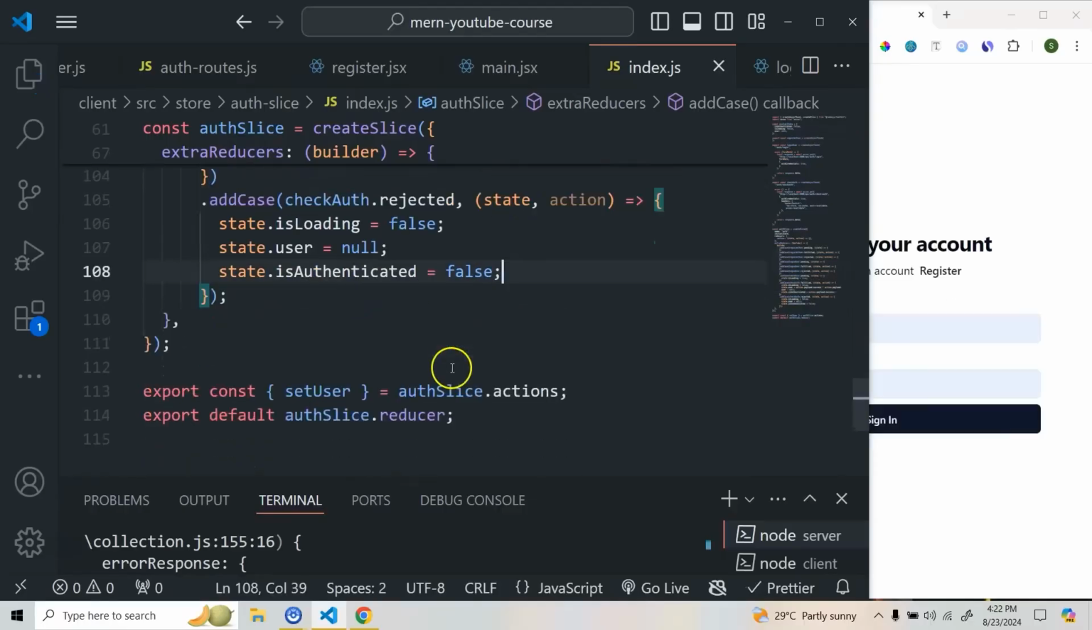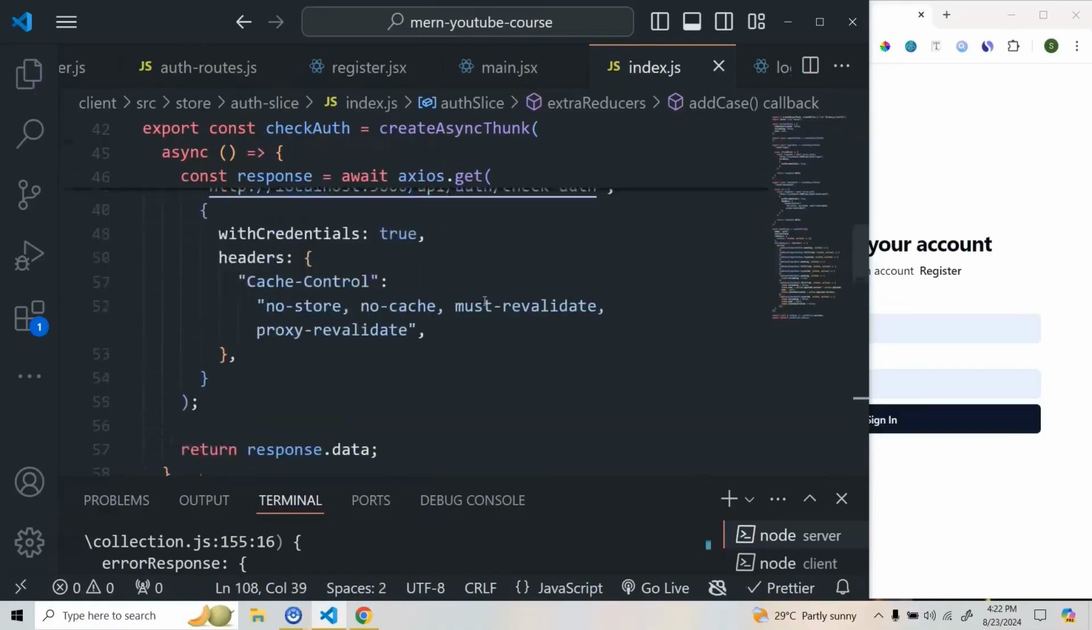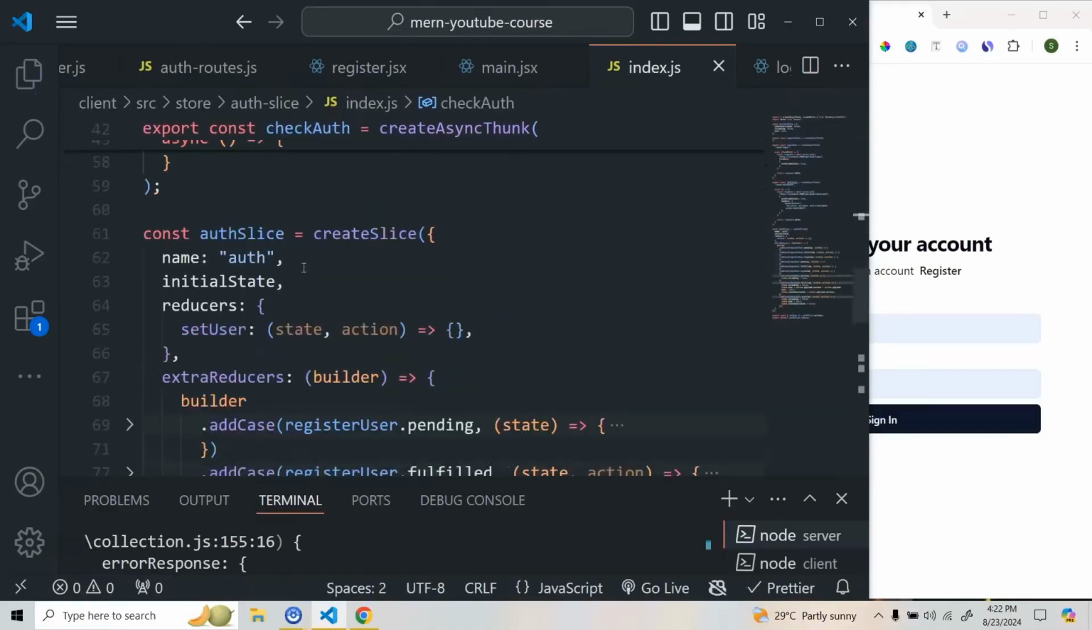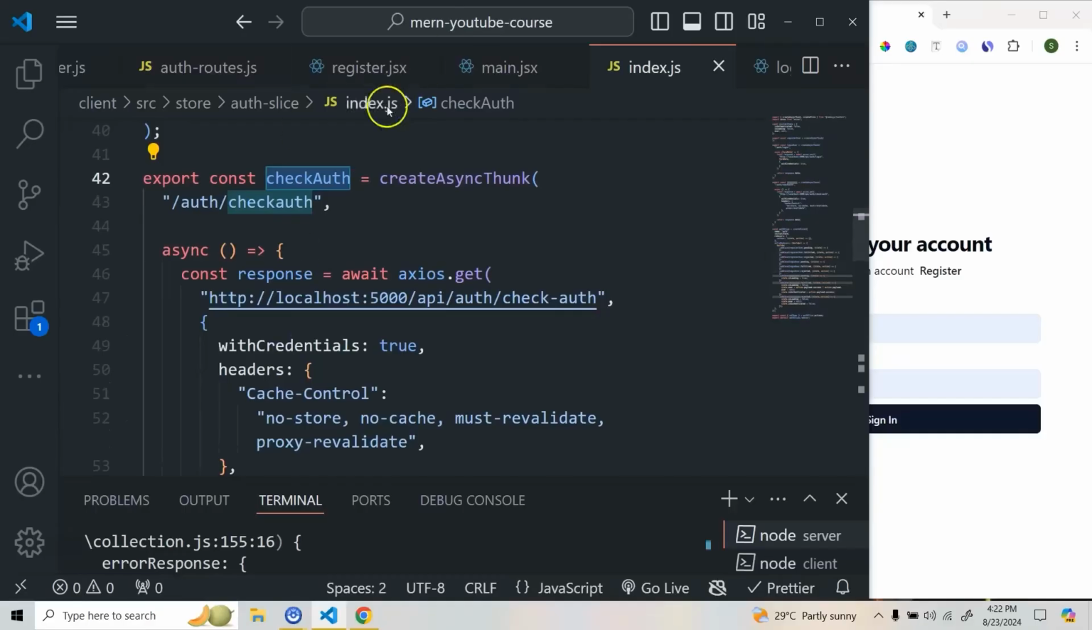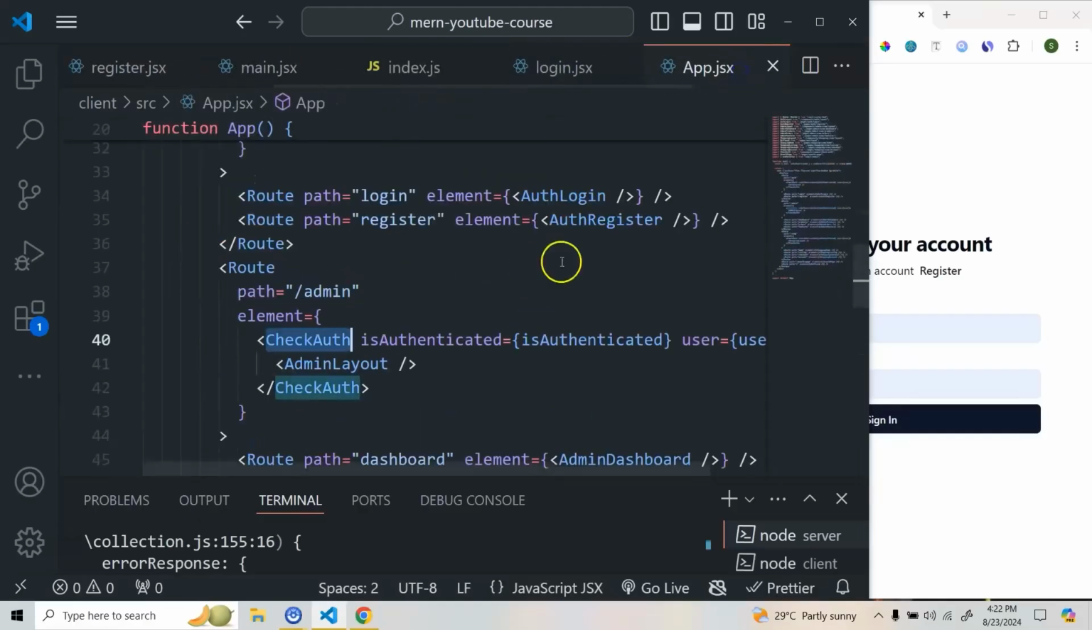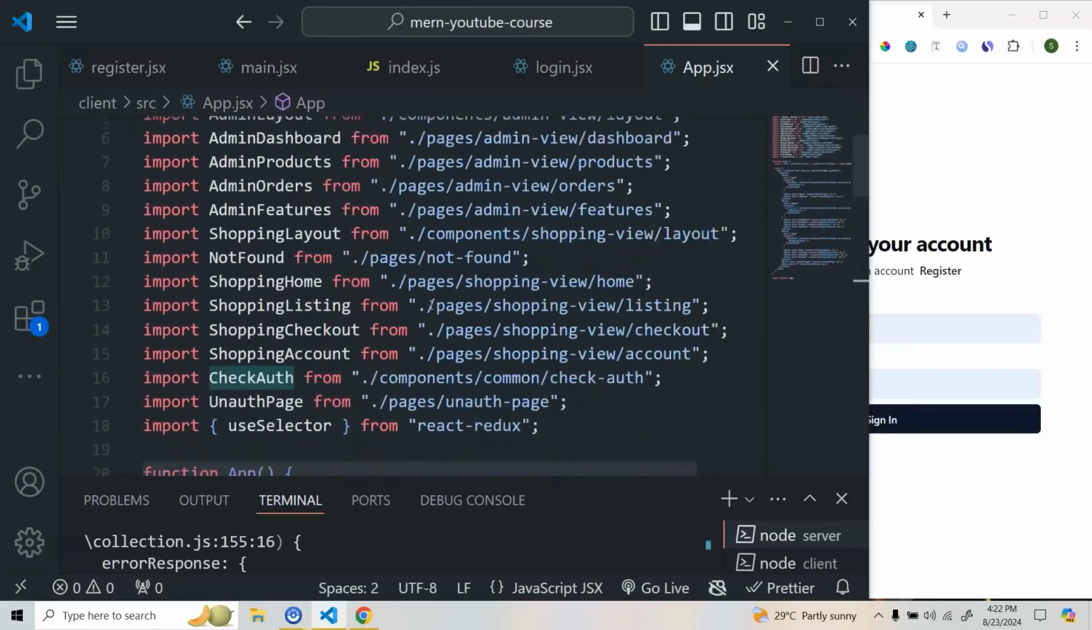Let's save it. So now we have created this method check auth, but we need to dispatch this method every time the user loads this page. But what is the best place to do this? We can do this simply in the app.jsx, because this is the home page, right? This is where all the logic exists. So what I can do simply,